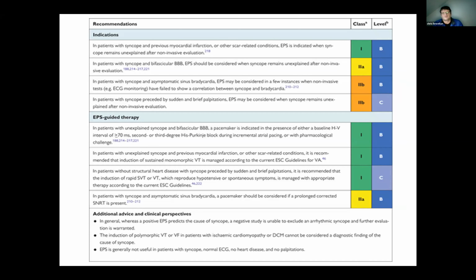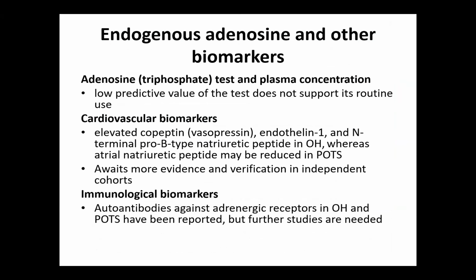Certainly inducing of arrhythmias is a very useful tool for suspected ventricular tachycardias. And as I said before, SVTs or supraventricular tachycardias very rarely cause syncopal episodes unless they're extremely fast. I'm not really going to go over this because the evidence for all of this is